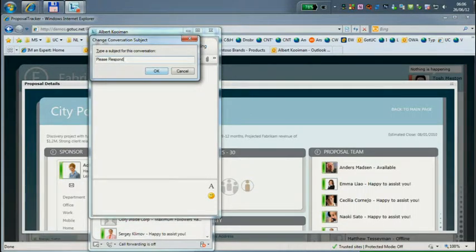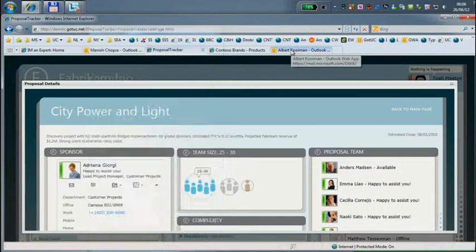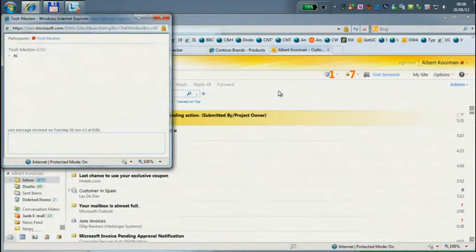Oh, I cannot show that in OWA. But at this very moment, if I would say hi, the IM, if it would be on the other side, it says here, please respond. Oh, you actually saw it. It came through. So it's like a subject of an email, right? However, you can take that to the next level.